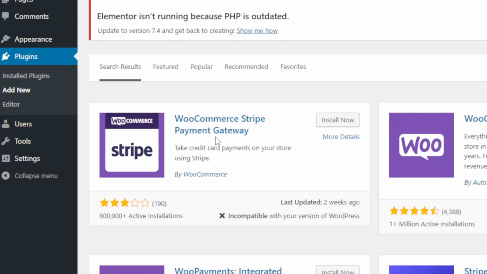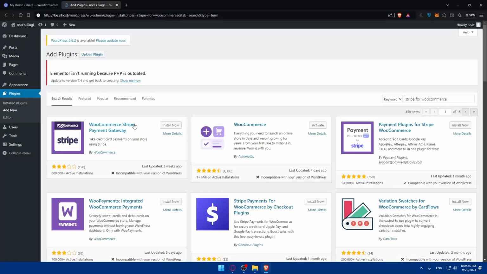Let's wait and look for it. So as an example, here it is, WooCommerce Stripe Payments Gateway. You'll need to go and install it now and activate it. If you need something other than Stripe, I don't know what you could want other than that. So I'll just type payments